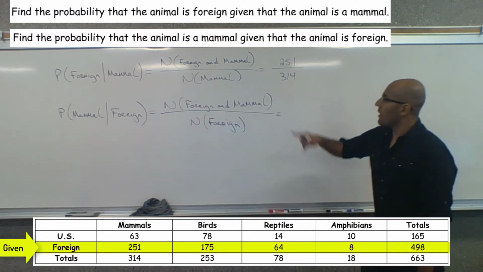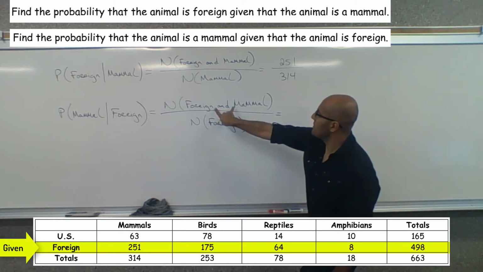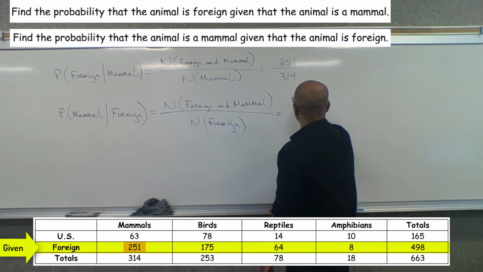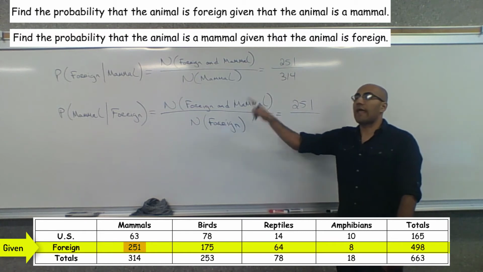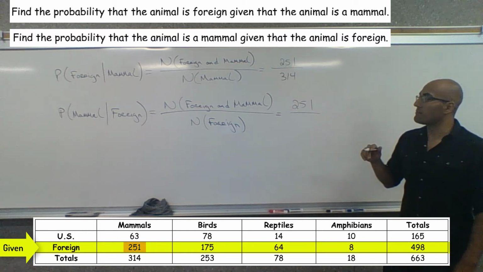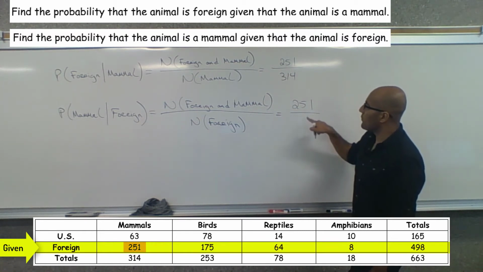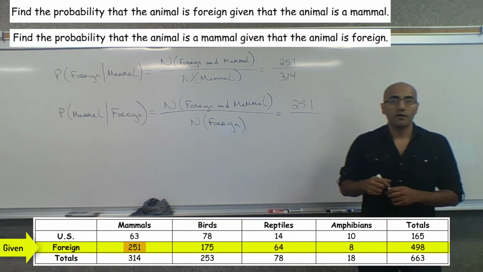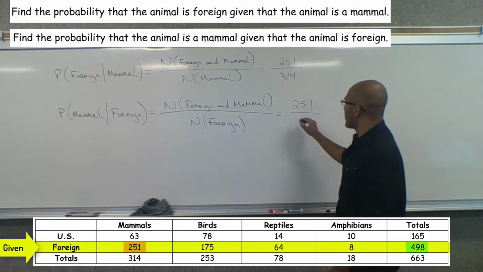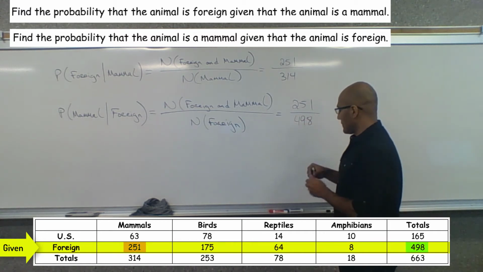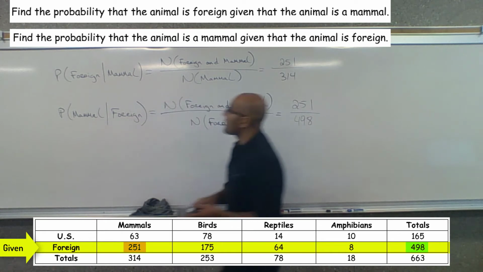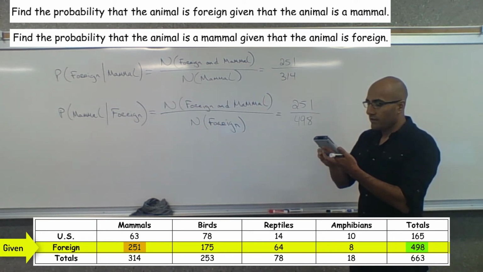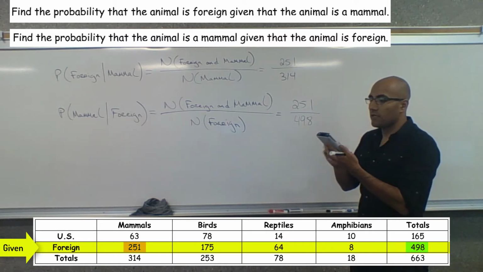So the number of foreign and mammal, well, in this statement we can flip them around, that doesn't matter. So we're still going to end up with a 251, right? Foreign and mammal, mammal and foreign, they're the same. So that stays the same, but what changes is the denominator. So now we want the total number of foreign, and the total number of foreign is 498. So when we have foreign given mammal, we have this fraction, which is 251 divided by 314, which gives me